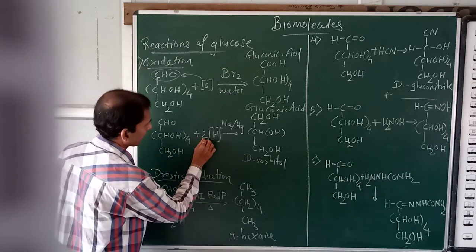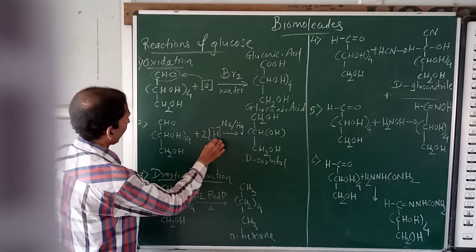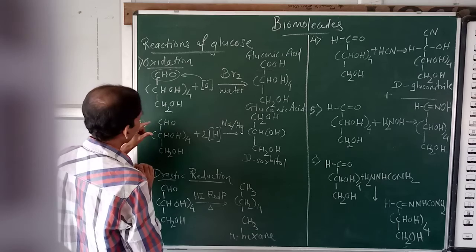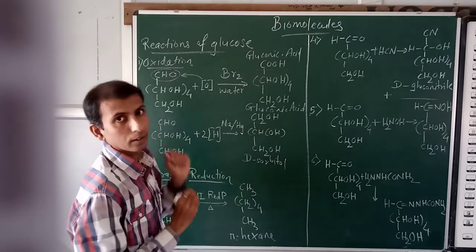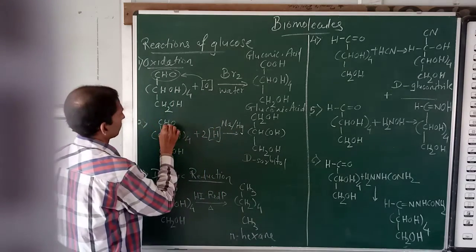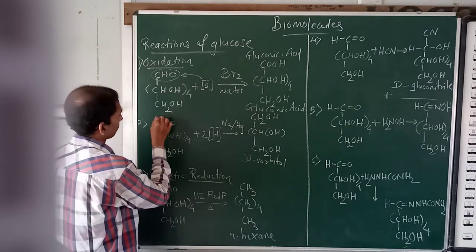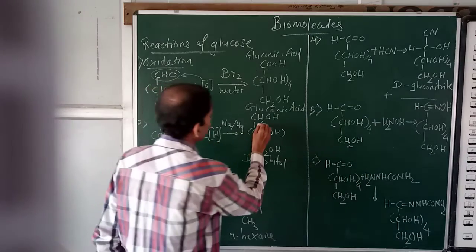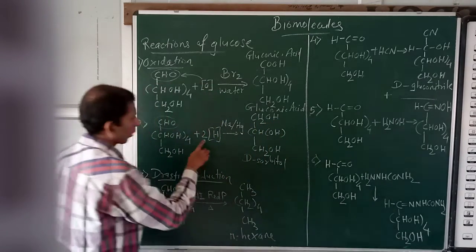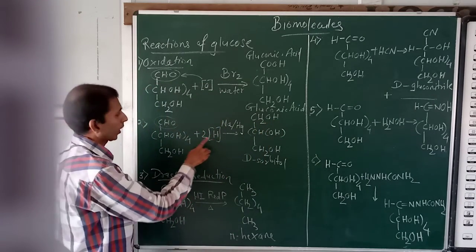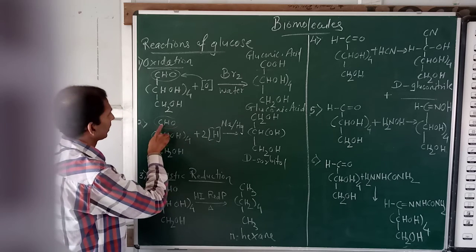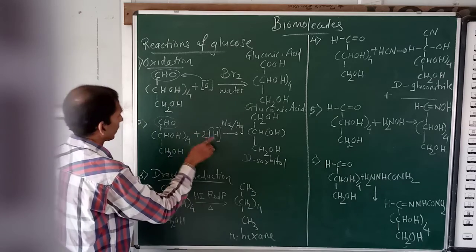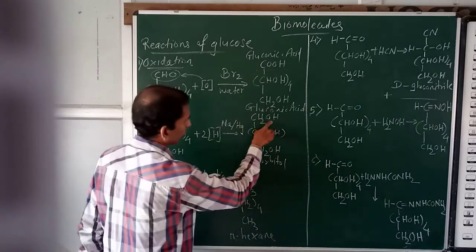So nascent hydrogen. Again, can you see the change here in the functional group? Which functional group is getting reduced in this reaction? This one, the aldehyde group, partially, and we get CH2OH. These are two hydrogens, two hydrogens directly get added here, CH gets converted to CH2, one more hydrogen will get added to O, and you get OH.